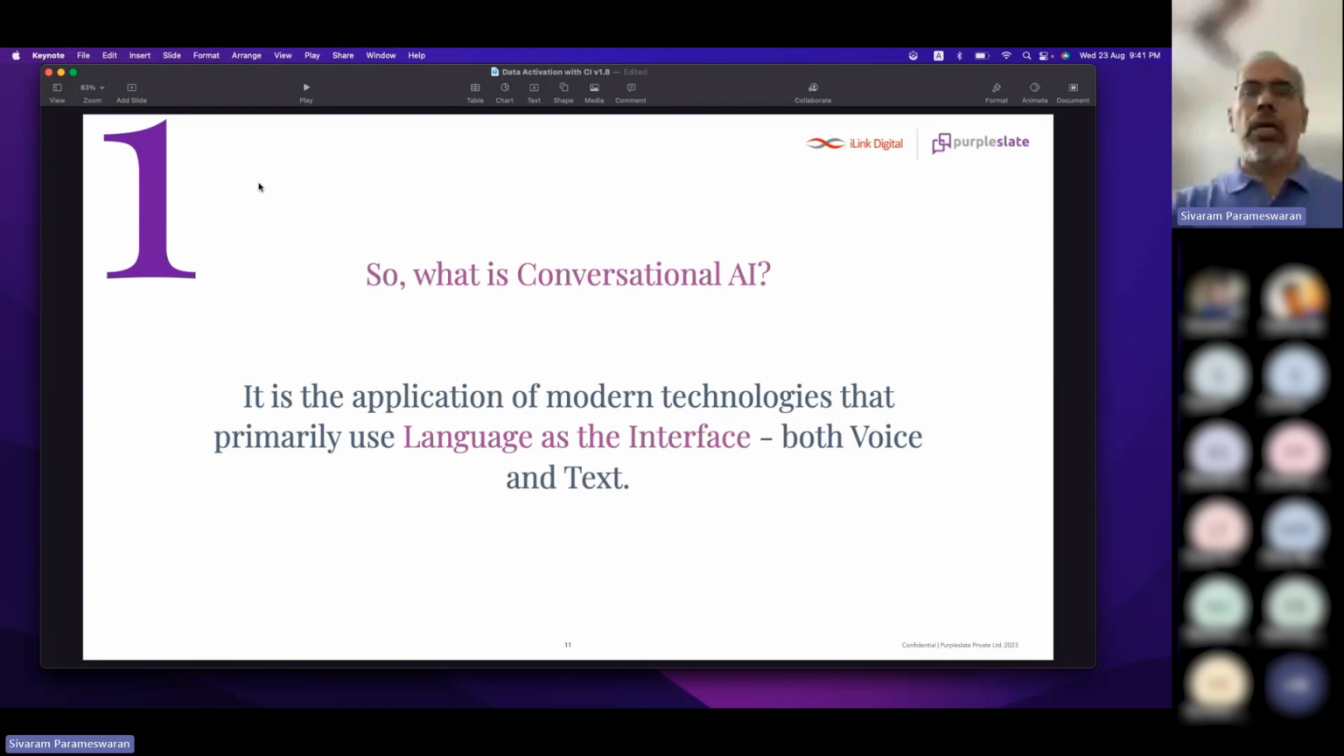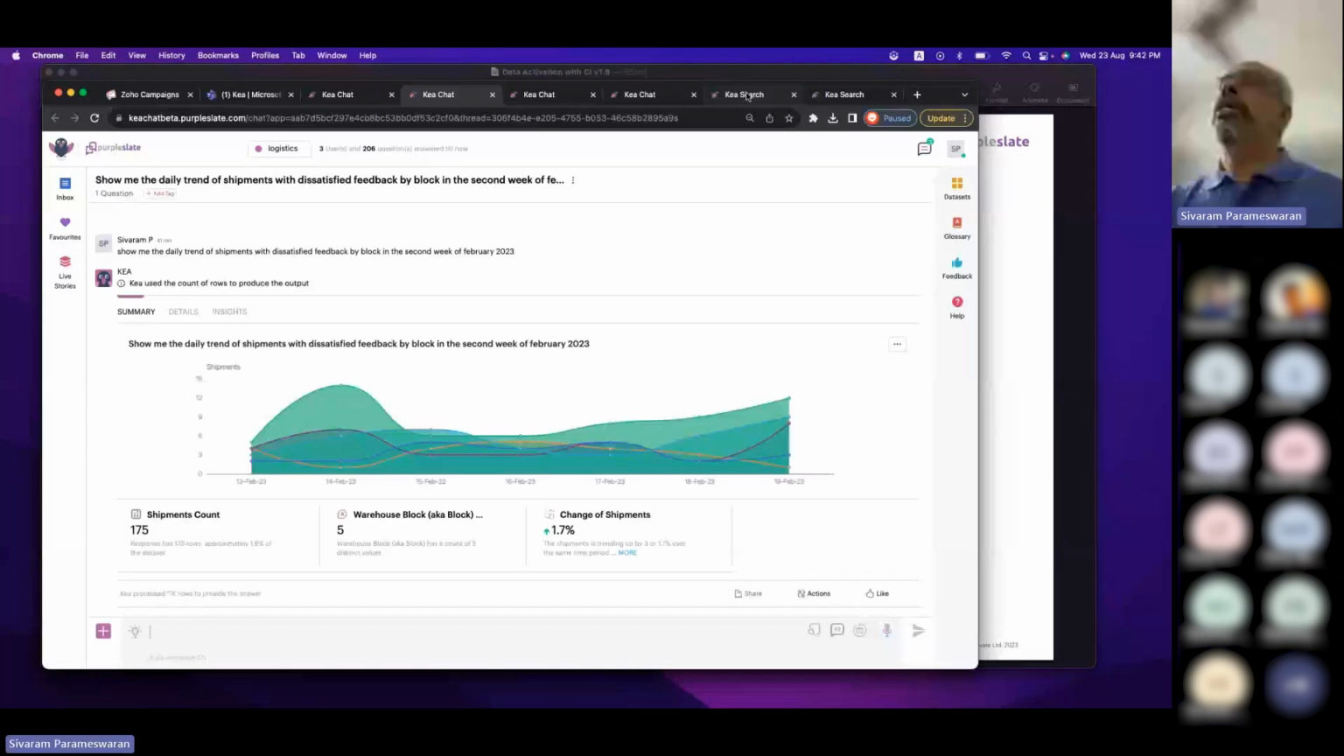It's the application of modern technologies around natural language processing, which basically gives you the ability to work with language, in our case, let's just stick to English. So what exactly do we mean by that? Let me quickly show you an example. This is one of our applications, called Kia. I'll also talk about it. So when I have a data set like this, and I need to ask some questions like,